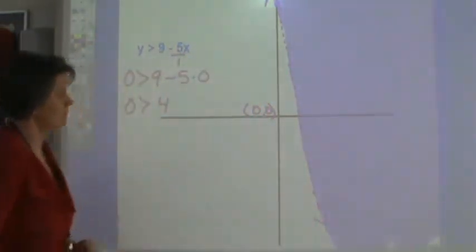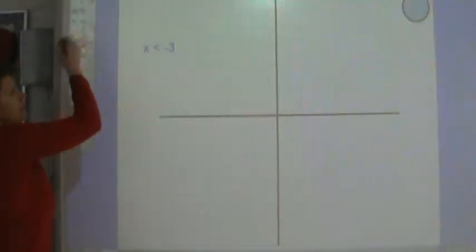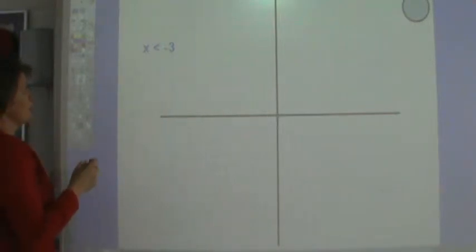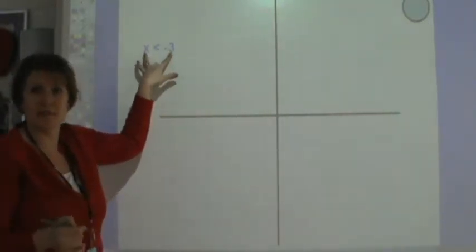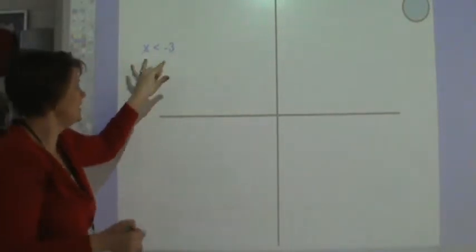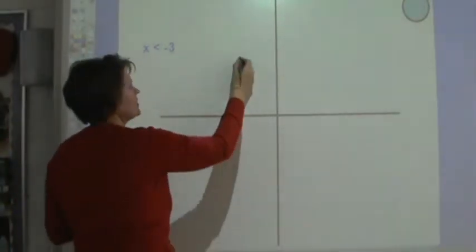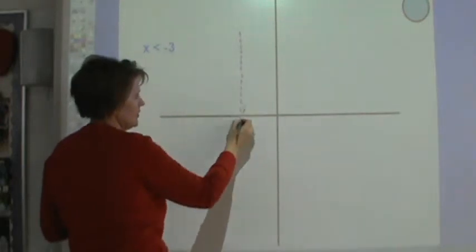Okay? And that's all there is to it. So let's try another one. All right, we got x is less than negative 3. Okay, if you remember, if it's x and a number, that means it's a vertical line. So we're going to draw a vertical line at negative 3, and it's going to be dashed, because there's no